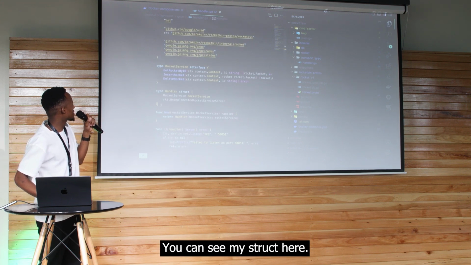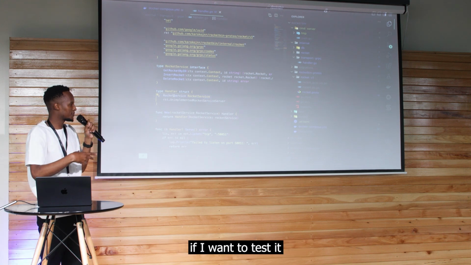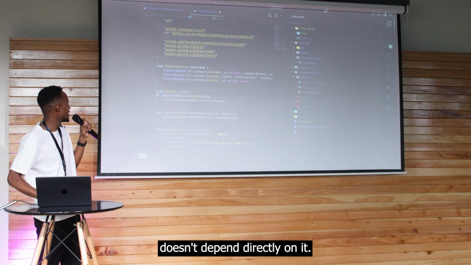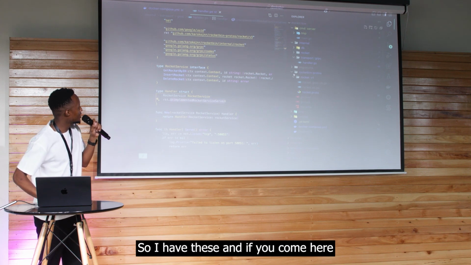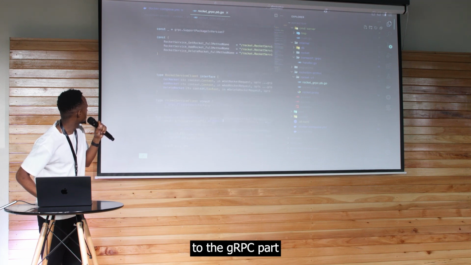You can see my struct here. Of course, this is just for me to be able to pass the service if I want to test it and make sure that the handler doesn't depend directly on it. So I have this, and if you come here to the gRPC part,